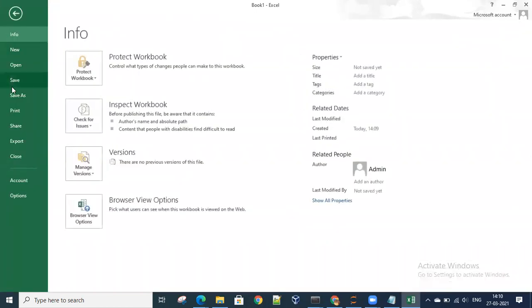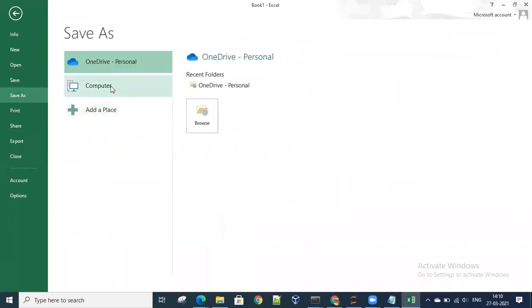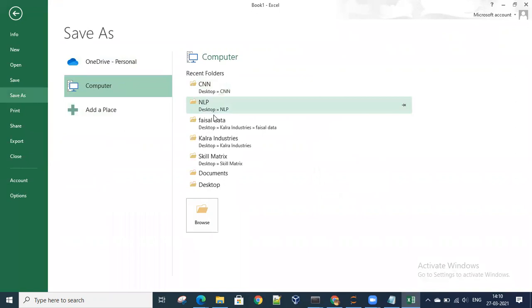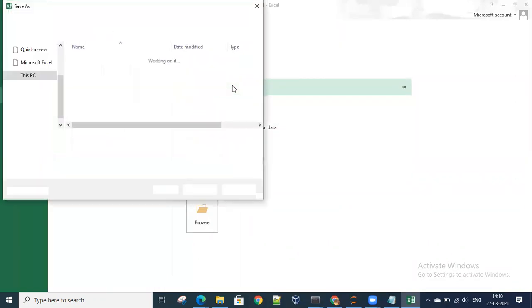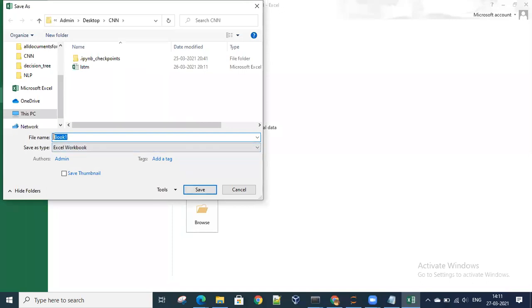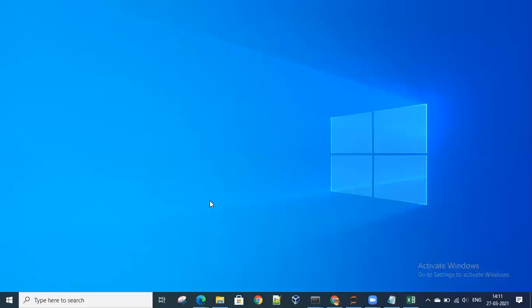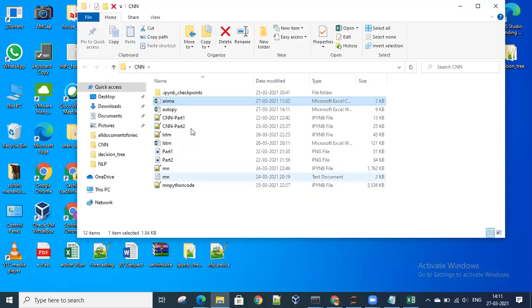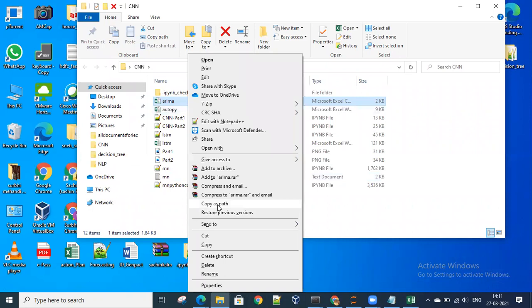I'll save the file like this. I'll go here. Say autopy, OPS path.